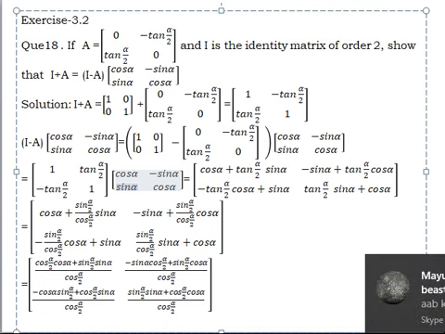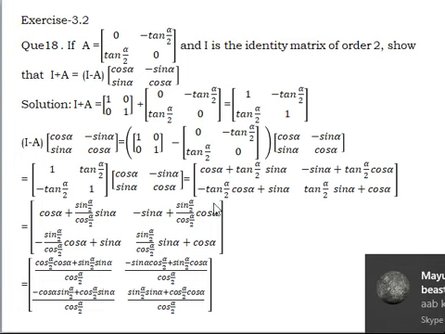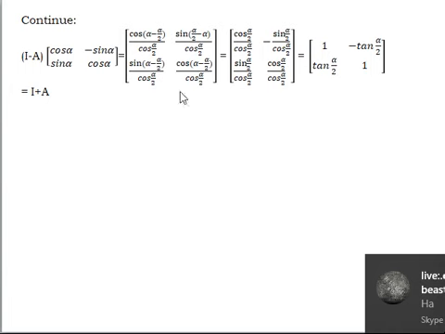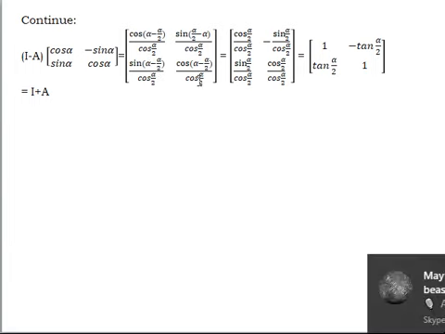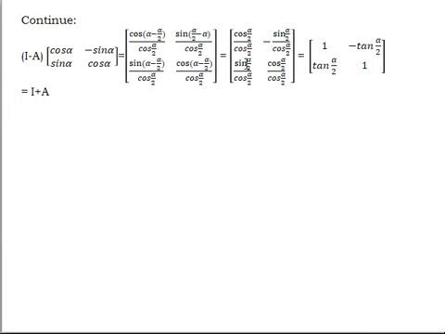So now see the next one. Here is the formula: cos of alpha minus alpha by 2, sin of alpha minus alpha by 2, and cos alpha. Similarly, this is sin of alpha minus alpha by 2, cos of alpha minus alpha by 2, and cos alpha. So now cos alpha by 2 and cos alpha by 2 cancel. Here, when we subtract, we get minus sin of alpha minus alpha by 2, that is equal to minus sin alpha by 2 upon cos alpha by 2.